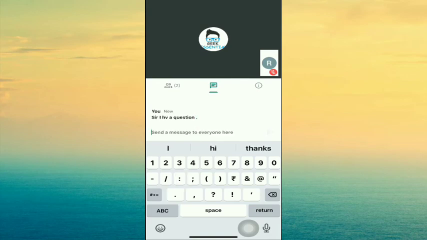The organizer will see your question and give you an opportunity to raise your question. Okay, so in this way you can chat also, but it is always advisable that if you have a query, you should not interrupt in between. You should always raise your question by writing it in the chat box.